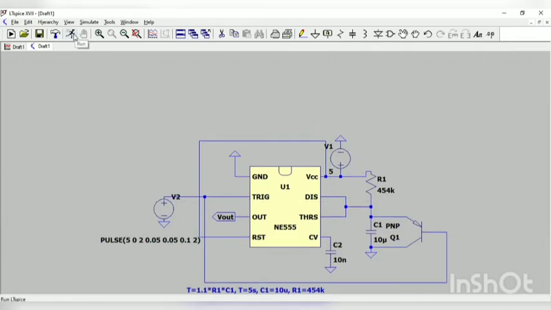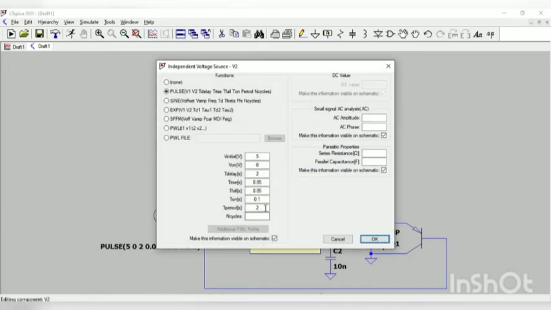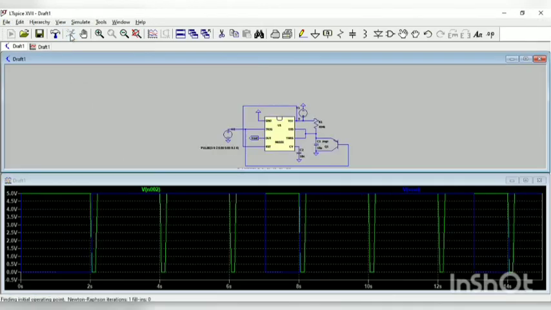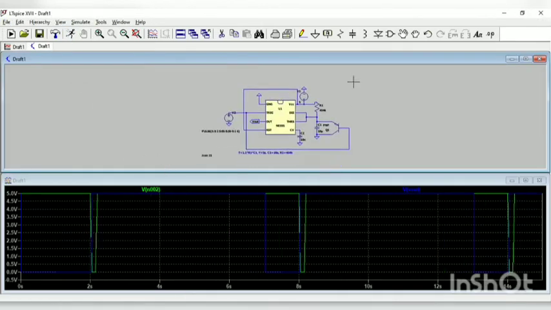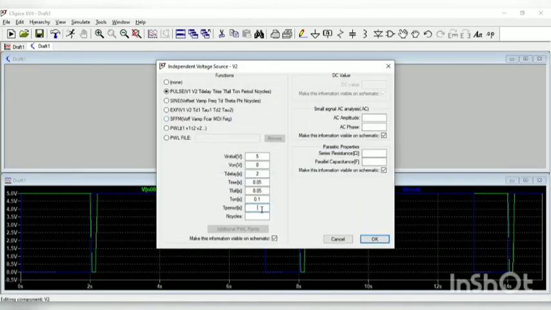Okay, so now we will reset this pulse duration to 6 seconds first. As you can see, it behaves like a normal monostable timer as before, and it's almost the same time. And now what I'll do is again reduce this period to 2 seconds,